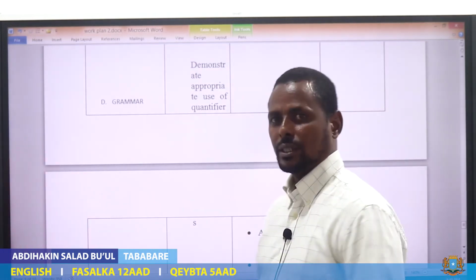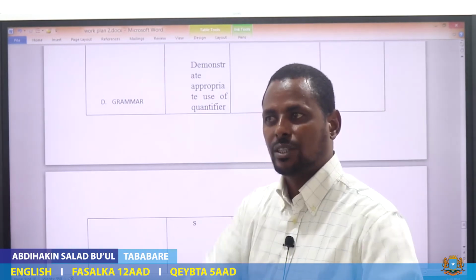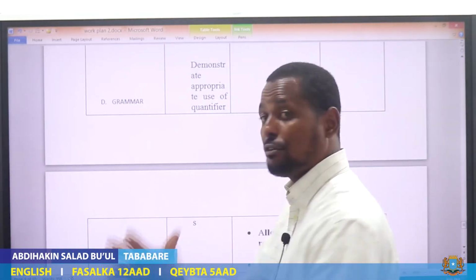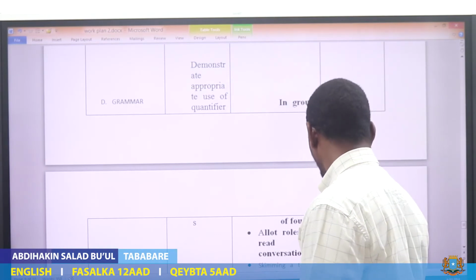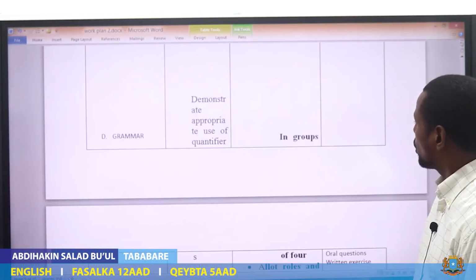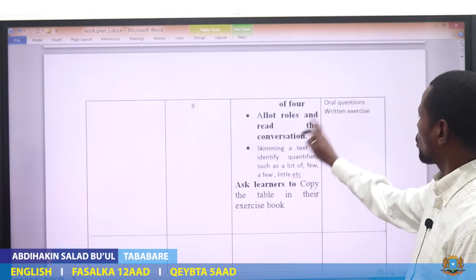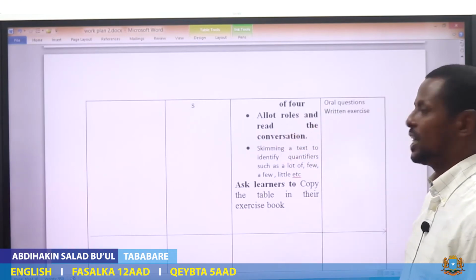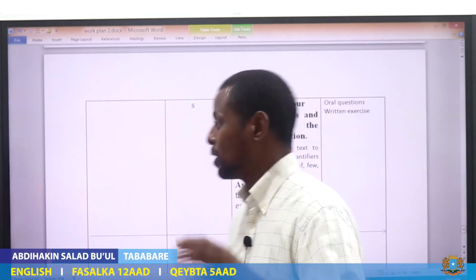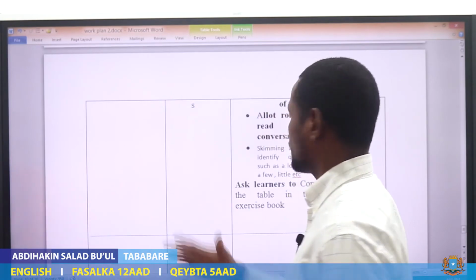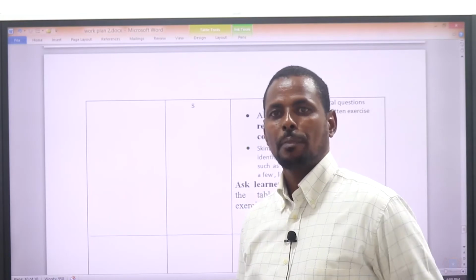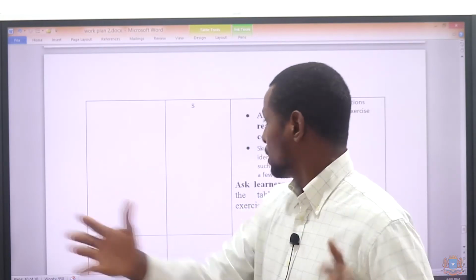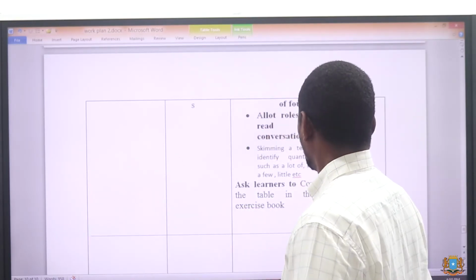In groups, give them this methodology. Divide the students into groups of 4. In groups of 4, allot roles and read the conversation. There is a conversation in the book. Give them roles. You doctor, you patient, for example, role play. Then